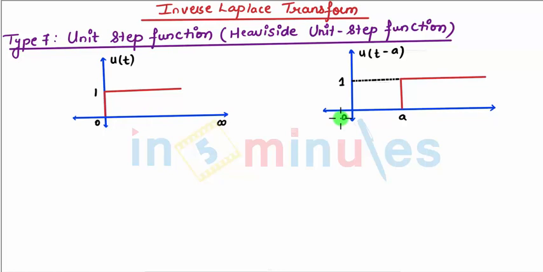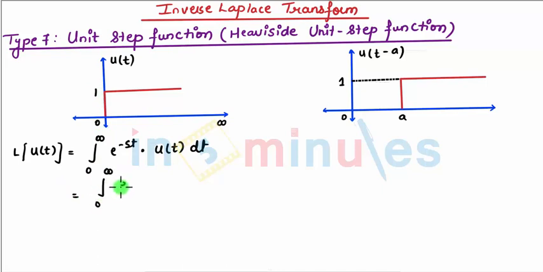So we need to first find the Laplace transform of both signals. When we want the Laplace of u of t, according to the general definition, I'll go from 0 to infinity e raised to minus st u of t dt. The amplitude of u of t is 1, so I can say 0 to infinity e raised to minus st into 1 dt, which comes to e raised to minus st divided by minus s, with upper limit infinity and lower limit 0. The final answer, when you put lower minus upper, since there is a minus inside, comes to be 1 by s.